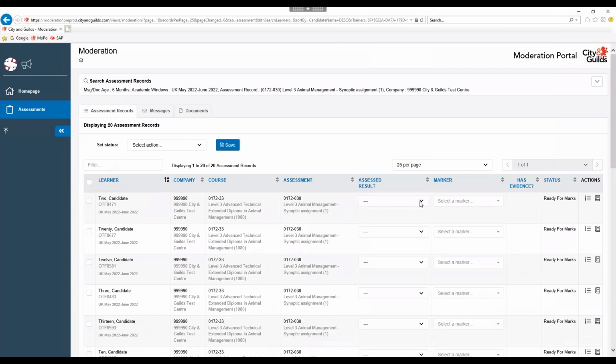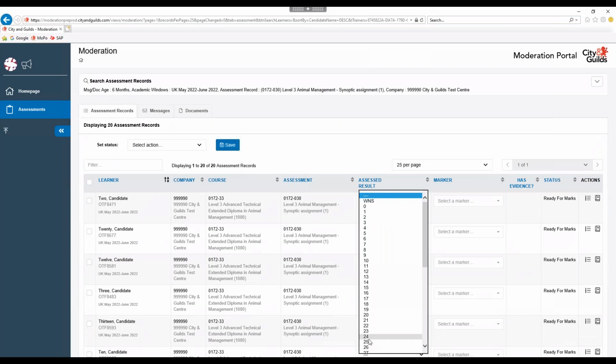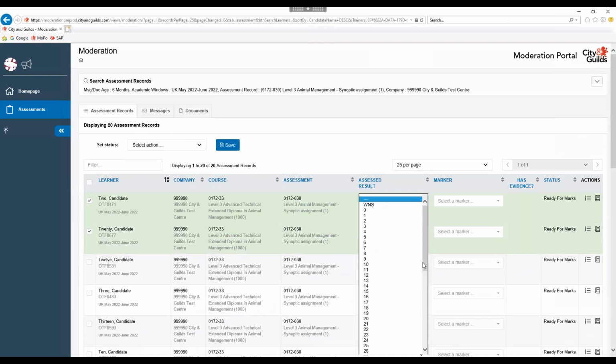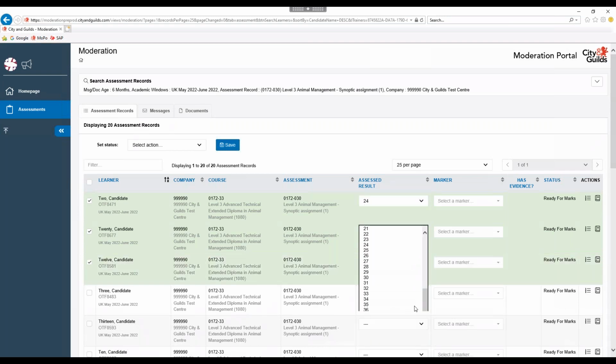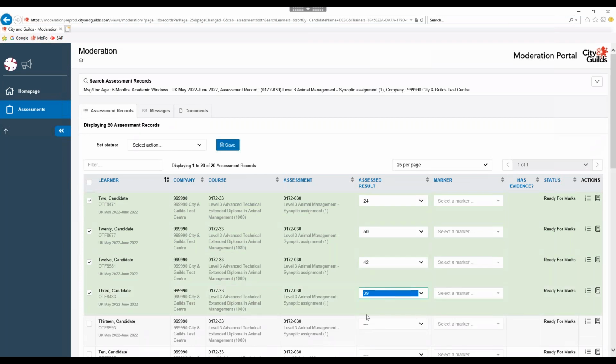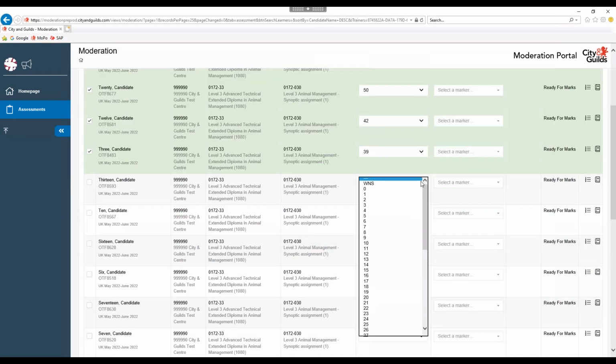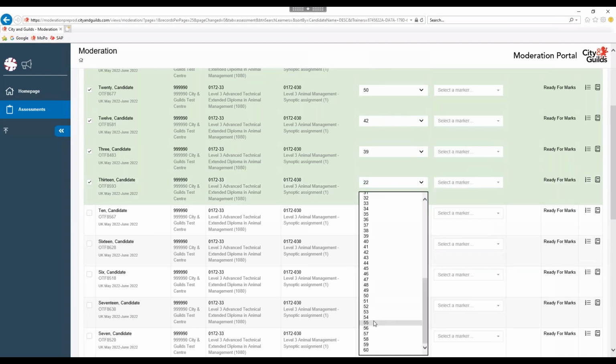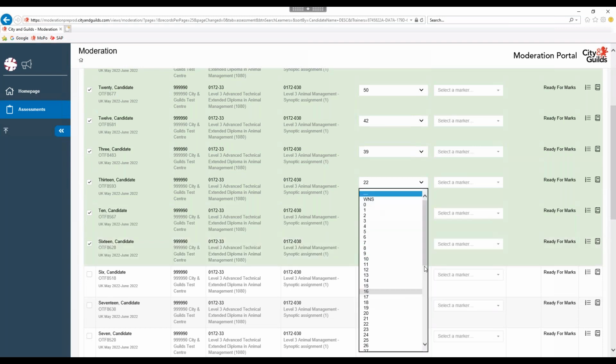So as a marker, I'd want to be now going through and entering my assessed results. So I'd want to go through, well, this candidate here got 24. This candidate here, looking at my marking sheet that I've got on my other screen, this one here got 50. This one here, we've marked them as a 42. This one here is 39. Now you'd go through all of them, you'd enter the marks in. 22. This one was 54, 40,